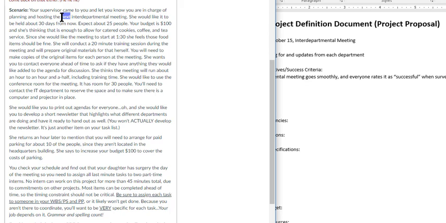And what you would be looking at for this is you see the word next. That means there have been previous interdepartmental meetings. So you want to make sure that you look back on the project plan from previous interdepartmental meetings so that you can make sure that any issues that were noted have been addressed. Maybe a new bulb is needed in a projector. So you can take care of that ahead of time and you don't have surprises, or at least hopefully don't